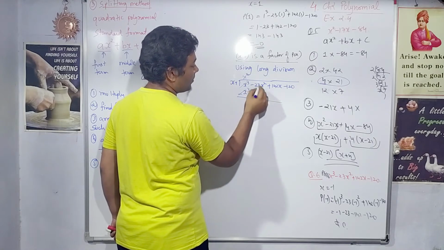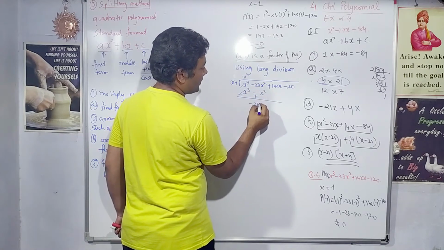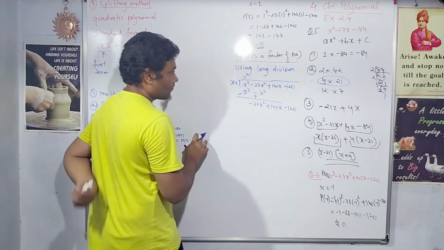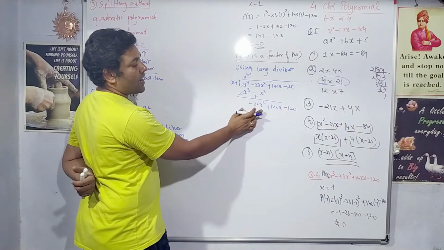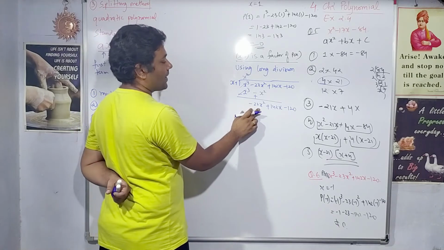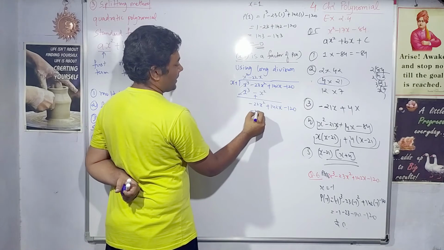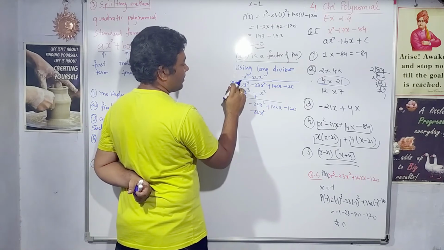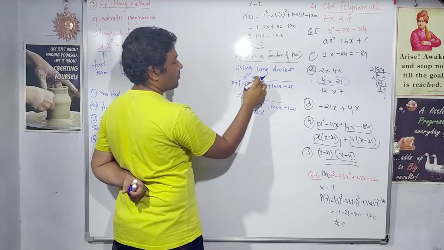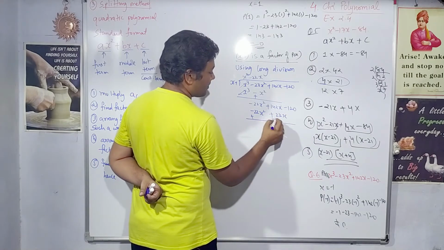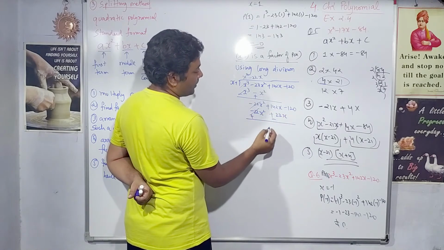This will become 0 and this will give minus 22x square plus 142x minus 120. What will you multiply with the x to get minus 22x square? Minus 22x. So minus 22x square plus 22x, if you subtract you will get